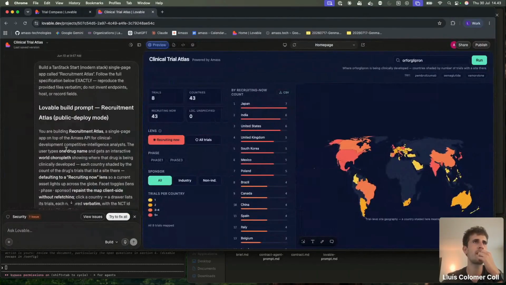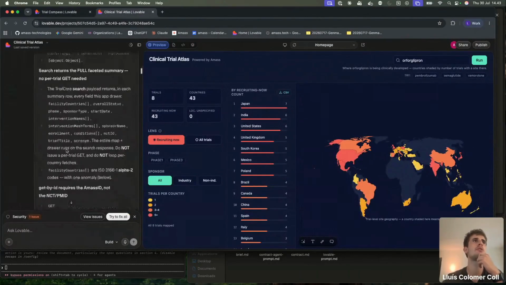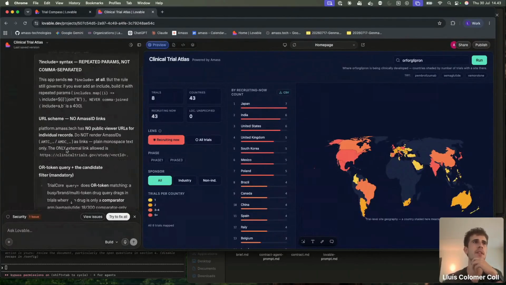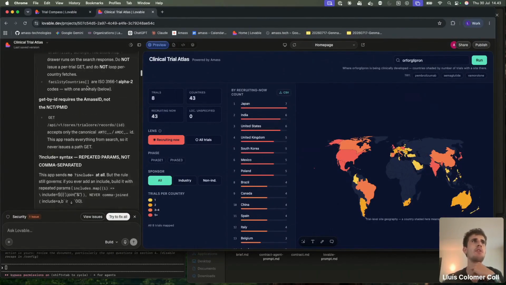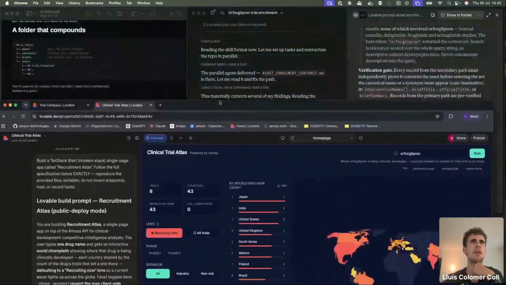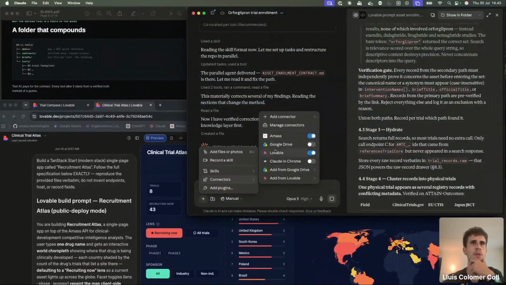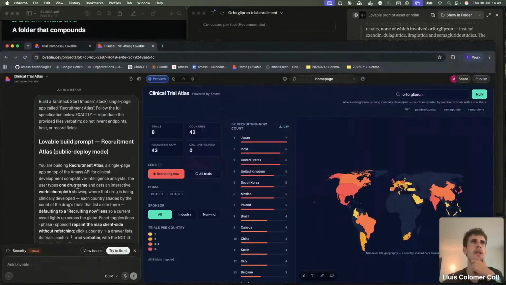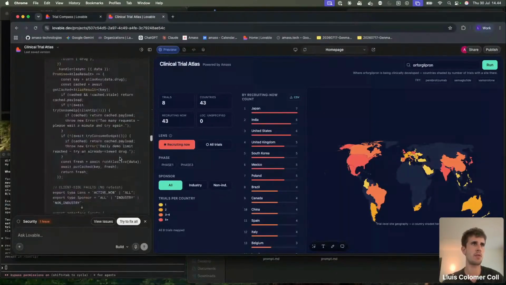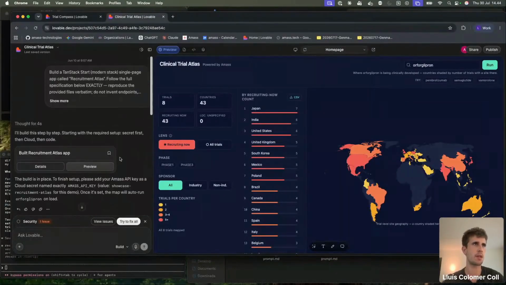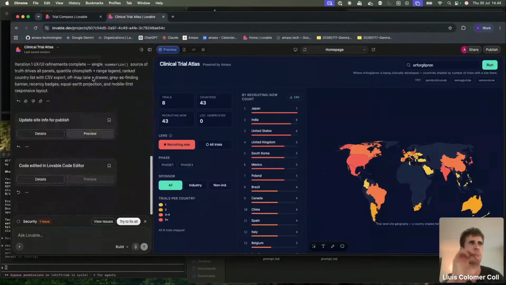What was sent to Lovable is a huge prompt, which of course means that we were not typing that character by character, and that we delegated all this to Claude as the orchestrator. We saw that we send that automatically via the MCP, as I showed you here. And it had already done all this trial and error, mapping out how the API works, documenting it. So almost as you can see here, with just one prompt and maybe a refinement iteration,